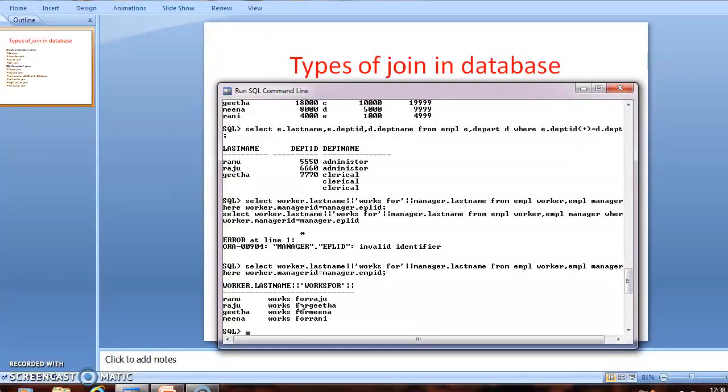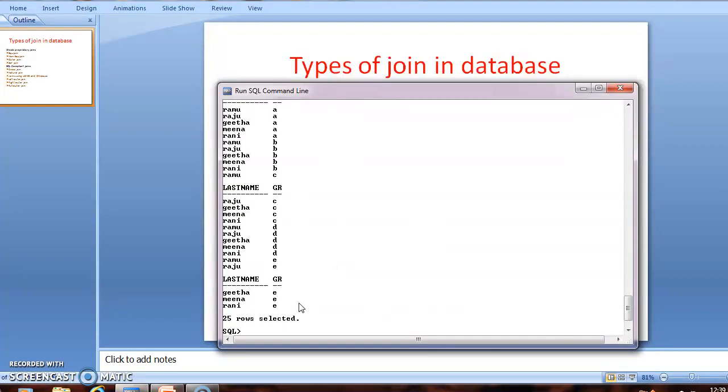Next type of join is cross join. Query for cross join is: it is the cross product, the product of two tables.